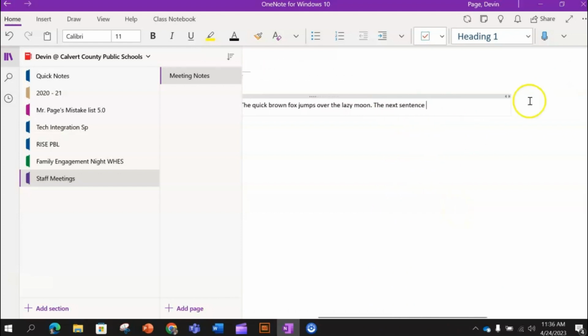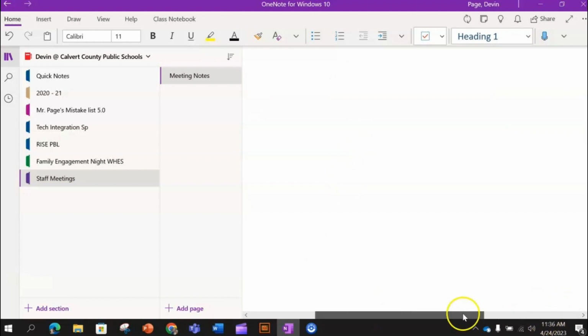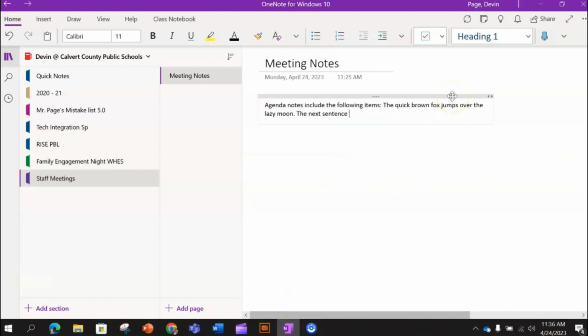Now I kind of don't like looking at it that way because I have to scroll too much to the left and the right, so I'm going to pull my text box back, and now the scroll bar is still there, but my screen has nothing on it, and that way anything I'm adding to my notebook I can see, and the text will continue to follow along the margins according to the right and left part of my text box. So that's a really convenient way to take notes, and I'll just finish the next sentence.